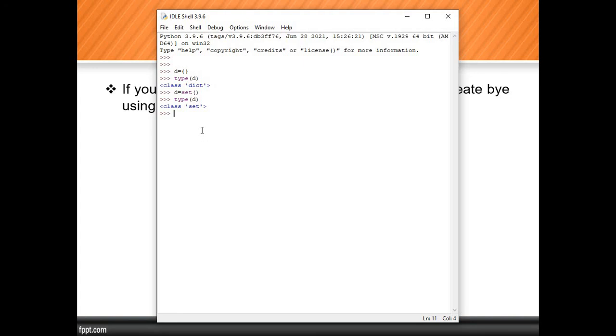Okay, now we'll check the mutability and immutability concepts. Afterwards we'll cover the last data type, and after that we'll close the data type concept. For example, if you want to add an element inside the dictionary, first of all we need to create the dictionary. D equals curly braces open close. In that, I will check whether it is a dictionary.